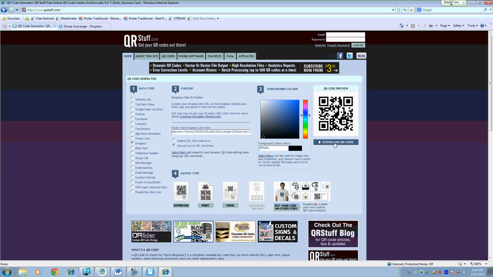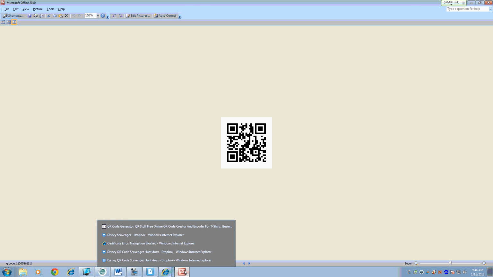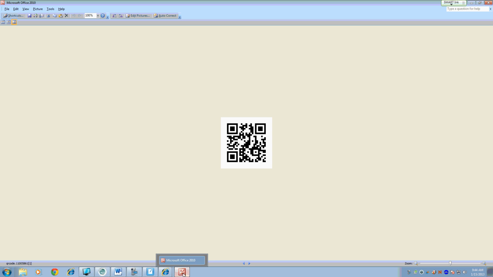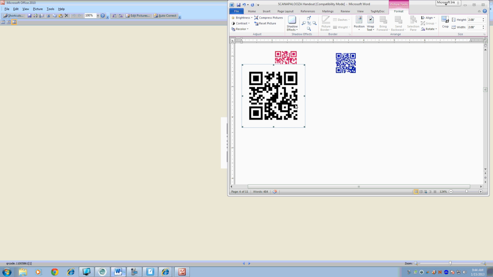So here I go. I'm going to download the QR code, open it, copy and paste it just like normal. So if you had a study guide that you wanted students to be able to access from home, but you maybe didn't want to print the entire thing, or a document that you wanted them to read, this would be a really great way to